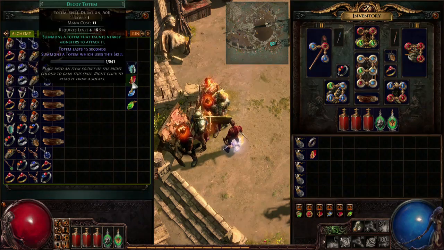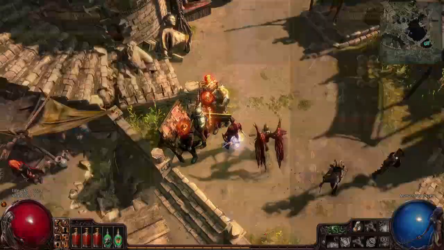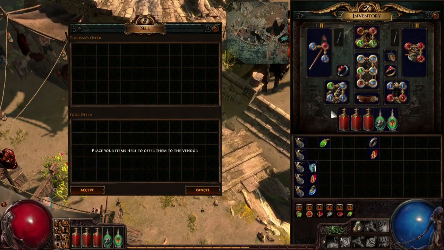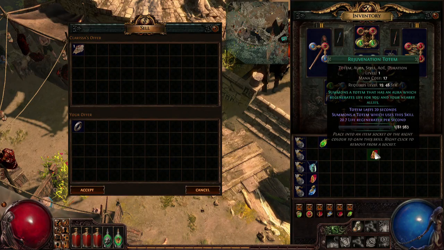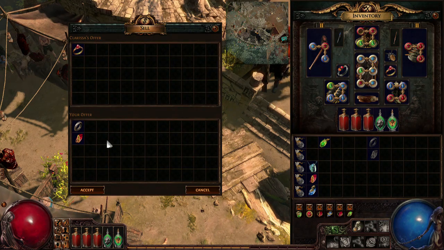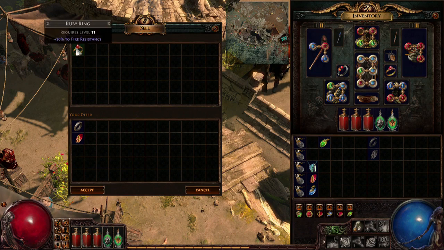So if I take these with me, you can see that 1 iron ring and any gem will give me a ruby. Or if I put the blue one, I get a sapphire. If I put a green one, I get a topaz. So that's a good way of doing it, because when you're doing high-level maps and you want good item levels on the rings, you don't always get that many